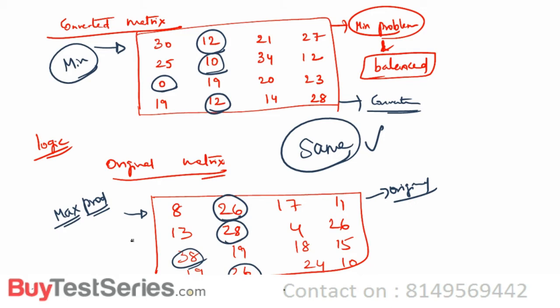So whether you solve this problem as a maximization problem or as a minimization problem, you'll get the same answer. But since we know that the Hungarian method has a limitation and can solve only minimization problems, we have converted this original matrix into what, Nana? A minimization problem, yet it gives the same answer. That was the logic behind conversion. Is that clear? Right, sir. Having said that,